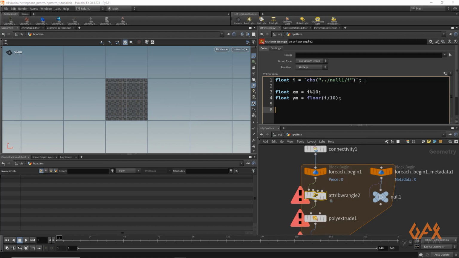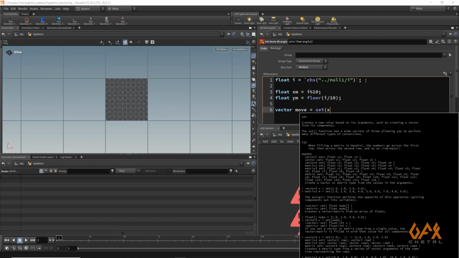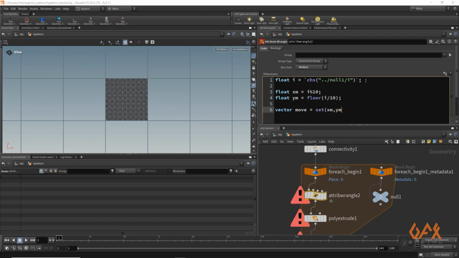And I create one vector variable, that is vector move = set(xm, ym, 0). And now you have that attribute: uv += move.